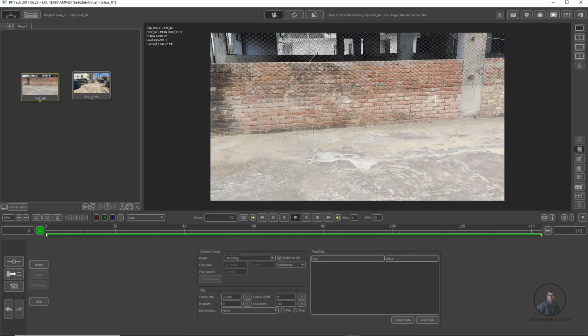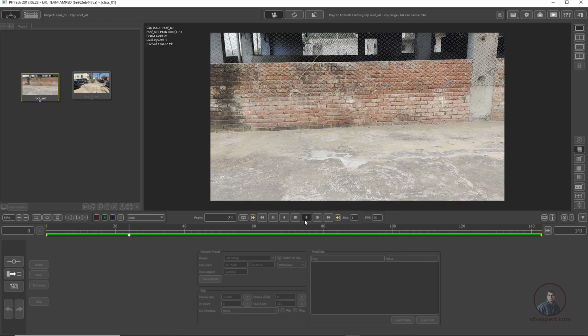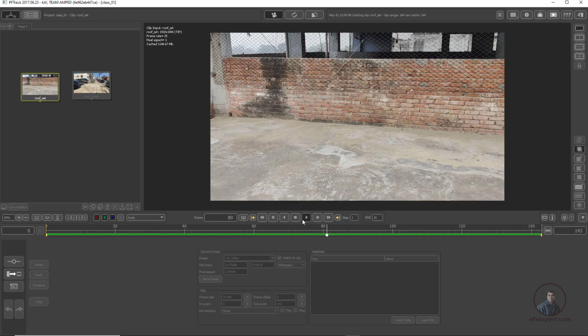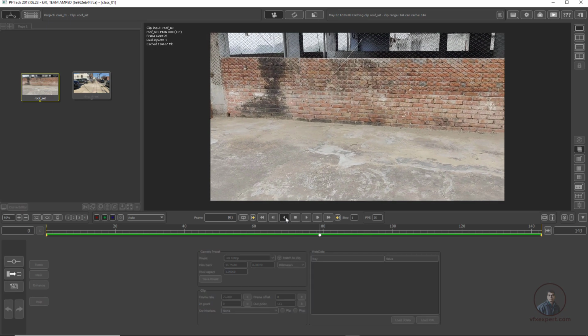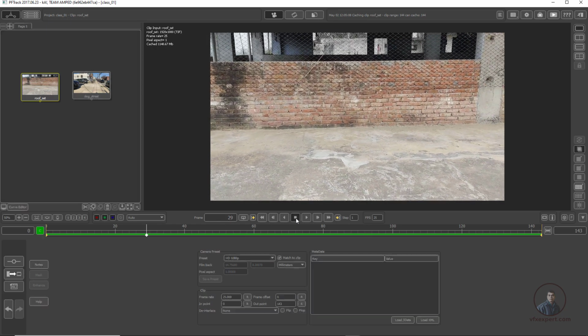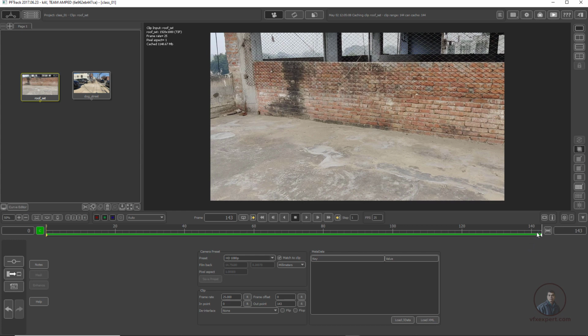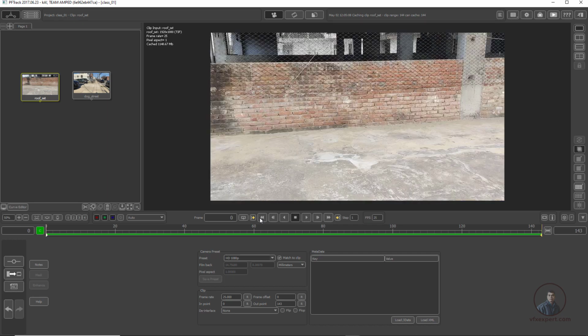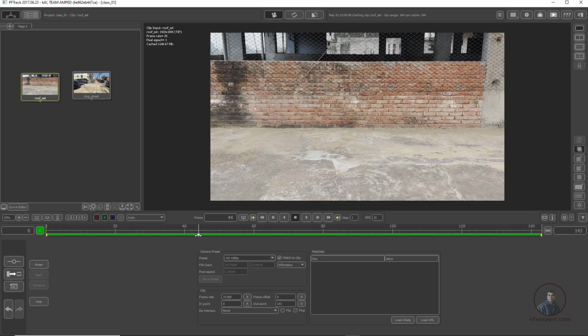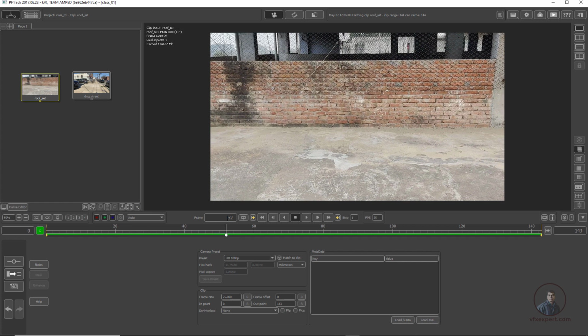Okay, now play and check again. So you can see here, like this you can play your footage, stop it, play reverse or backward, then stop again, then move frame by frame, and this is the end of your timeline. You can see frame 143 here, this is our end frame, and if you click here you get the starting frame, and if you play and place here, you get the current frame. So like this, you can cache and play your footage inside PFTrack.